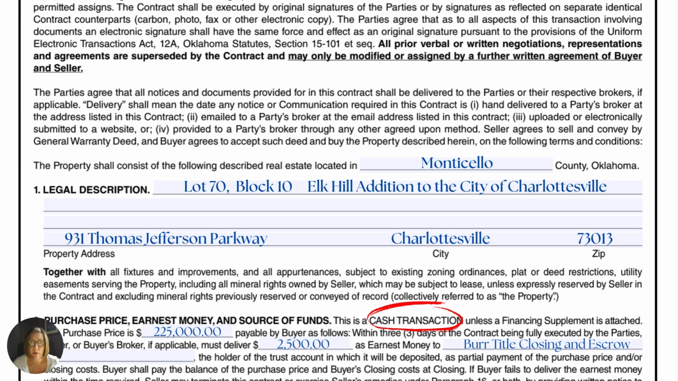The way contracts are written in Oklahoma, it's based off of a cash transaction unless there's a financial addendum attached up at the top. So that's why we don't put cash as an addendum up at the top of the page. Then we have the purchase price, the earnest money. The earnest money is going to be delivered to the title company of the buyer's choice